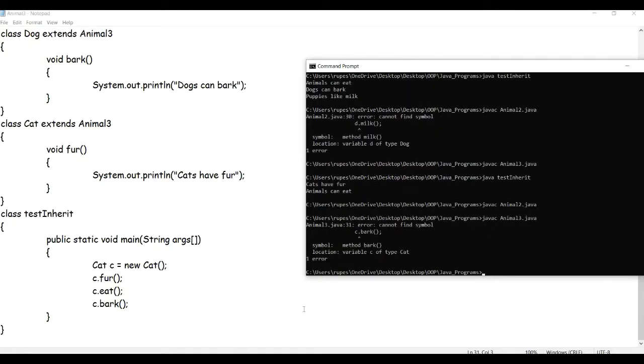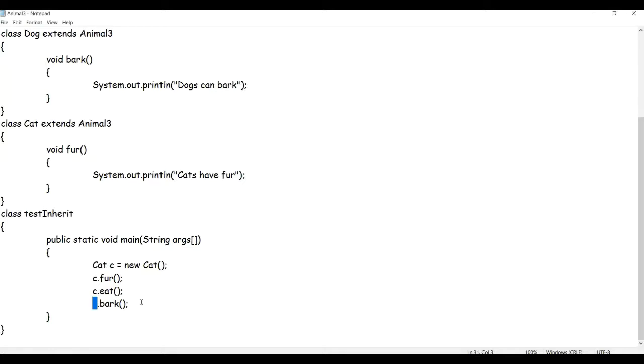I should get an error. Yes, I got an error saying we are trying to call the method bark, which is not of type cat, through an object of the cat class. Using an object of the cat class, we cannot call a method of the second class which has inherited the same parent.